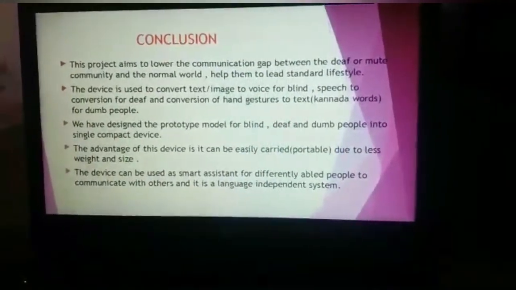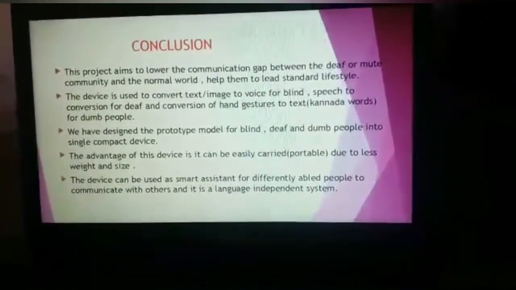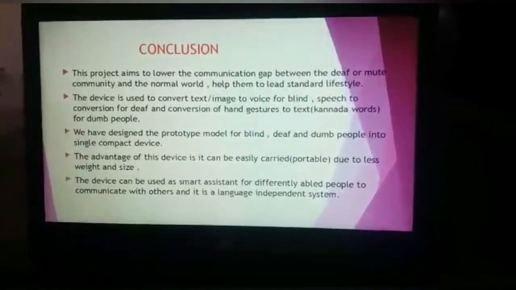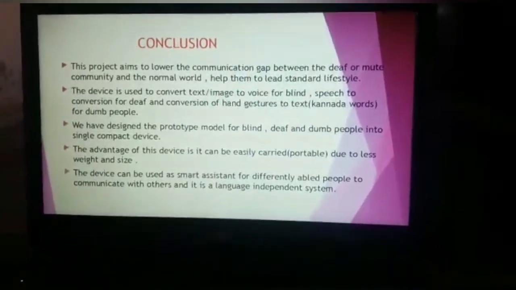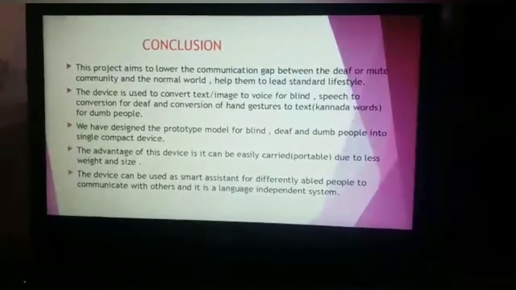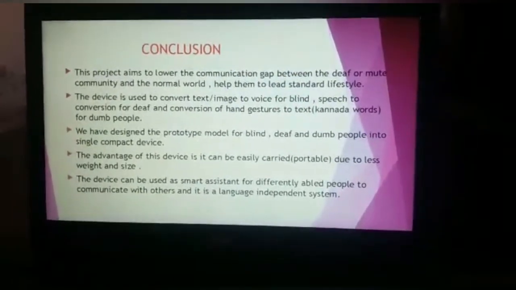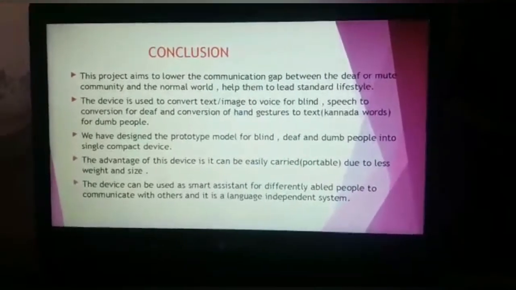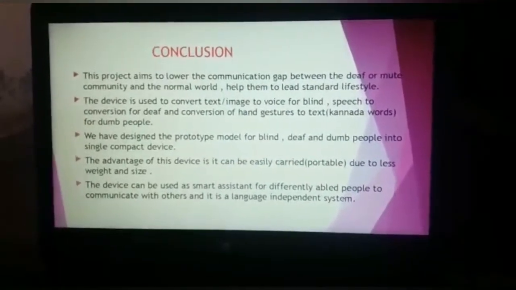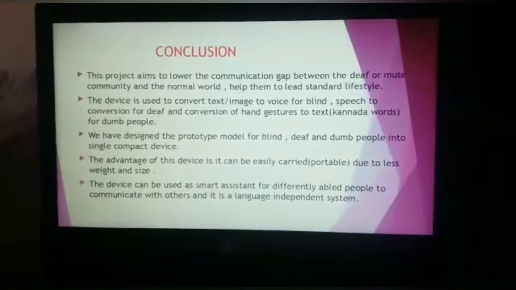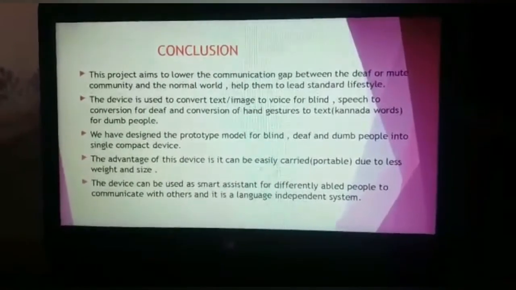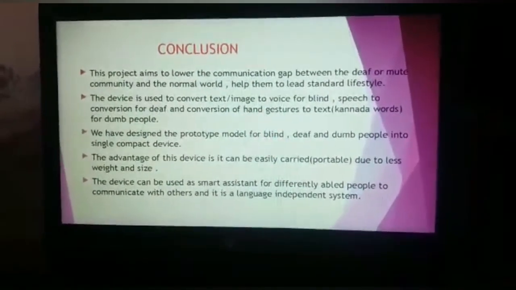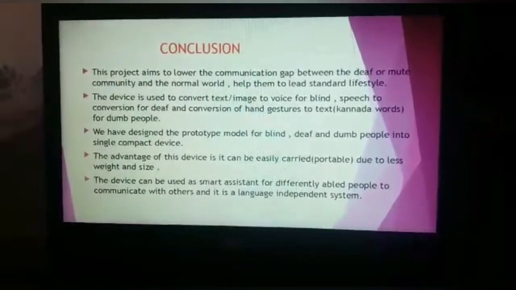This device is used to convert text or image to voice for the blind, speech to text conversion for the deaf, and conversion of hand gestures to text for dumb people. We have designed the prototype model for blind, deaf and dumb people into a single compact device.